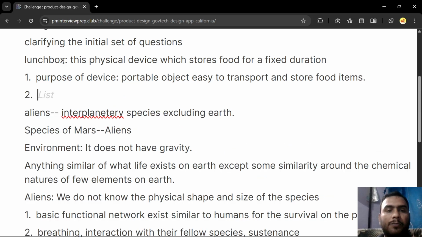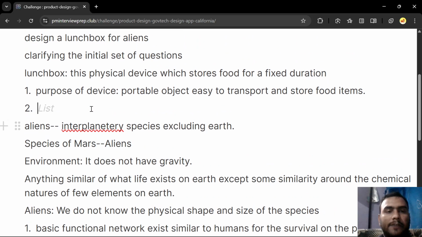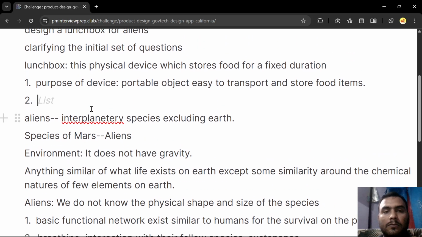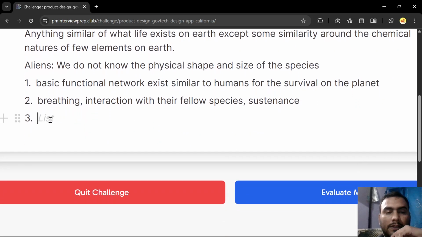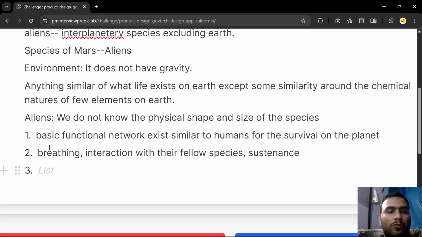So this is one purpose. If we were to relate how this aligns with the purpose of this object, the lunchbox, and for the user for whom we are designing this device or object,